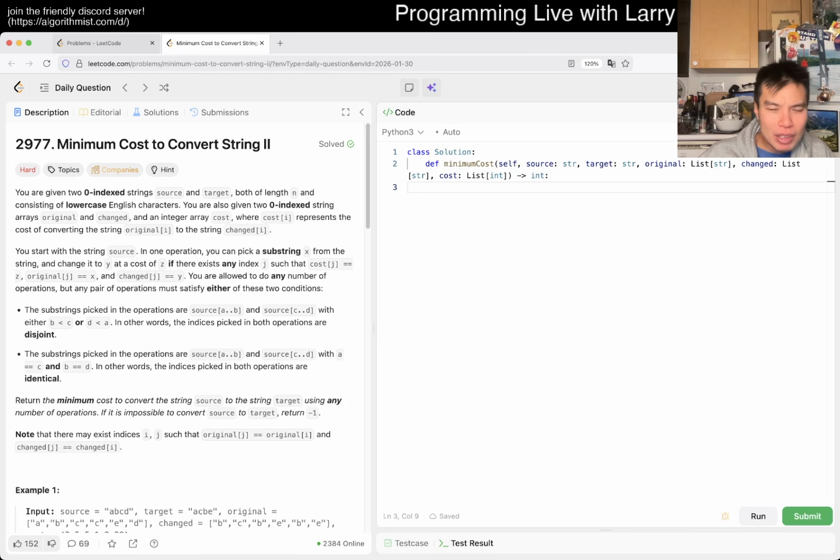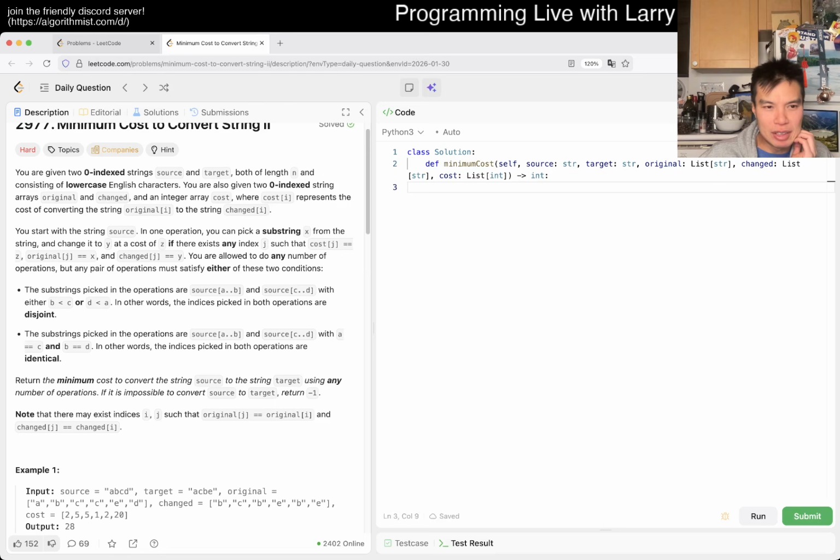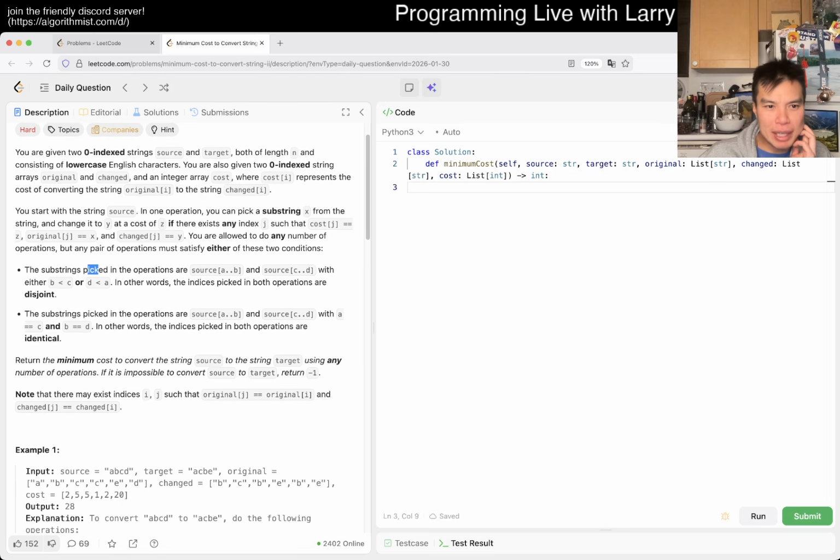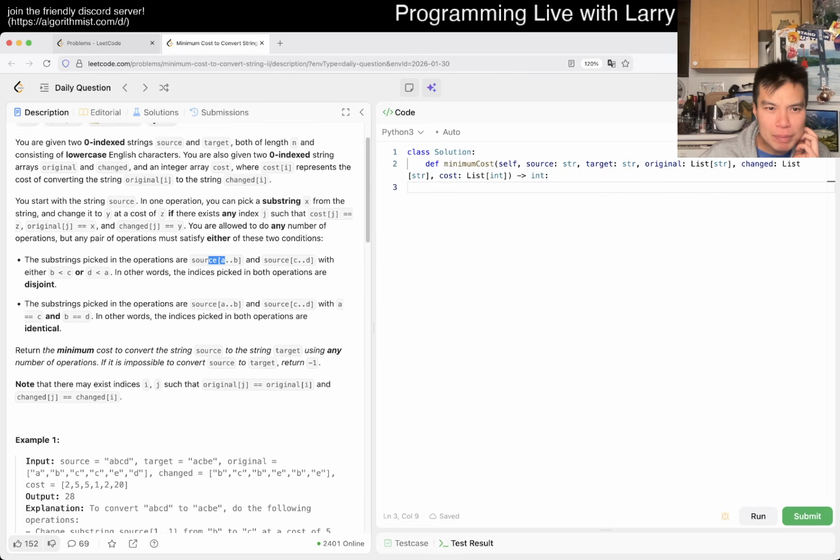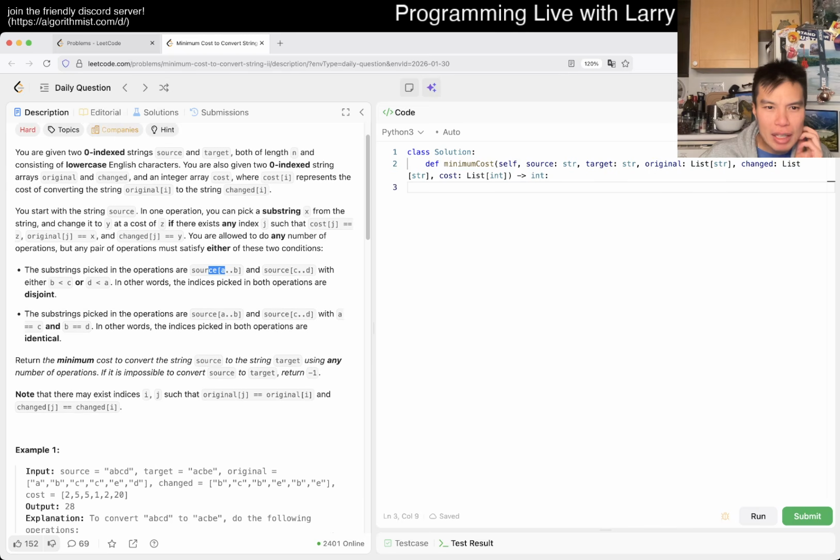But what did they change such that it is different? I mean, you still have original to change. One operation, you can do it. There's a cost thing, but any pairs. Oh, there's two conditions. The strings picked in the operations are source A to what? What does that mean? Does substring pick an operation? Oh wait, what? Oh, in one operation you may pick a substring. I see. Okay, so then